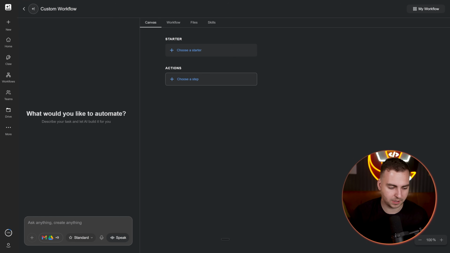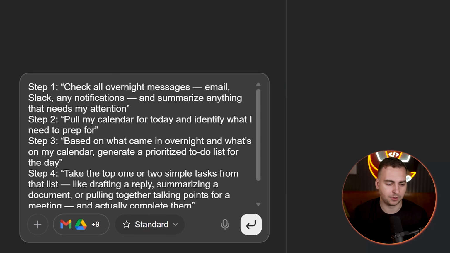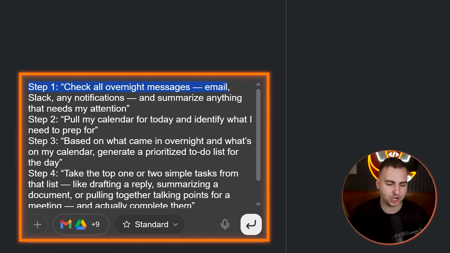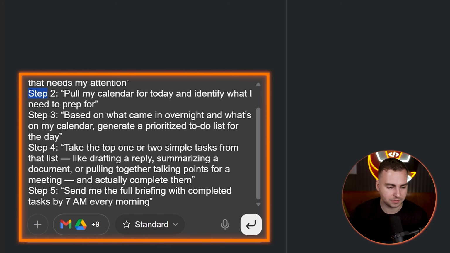So I already have a prompt that I want to roll with here, so I'm just going to paste it in and I'll read it to you. So step one is I want to check all of my overnight messages, my email, Slack, any notifications, and then summarize anything that needs my attention. Step two, I want to pull my calendar for today and identify what I need to prep for. And then step three, based on what came in overnight and what's on my calendar, generate a prioritized to-do list